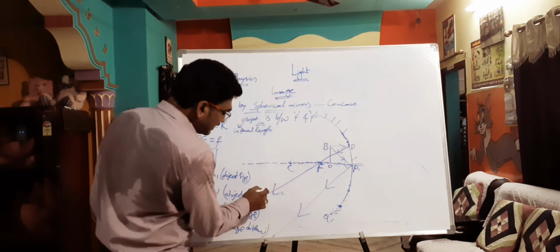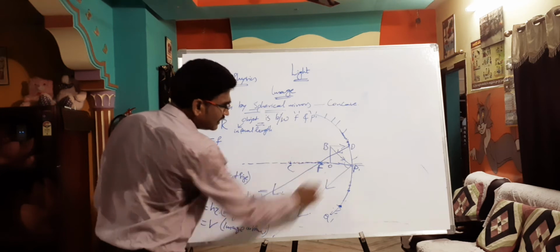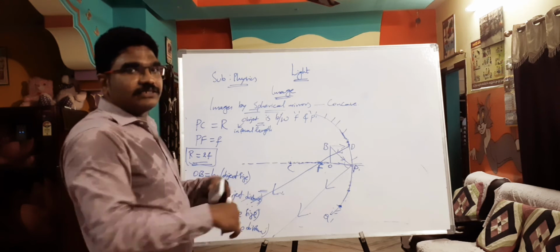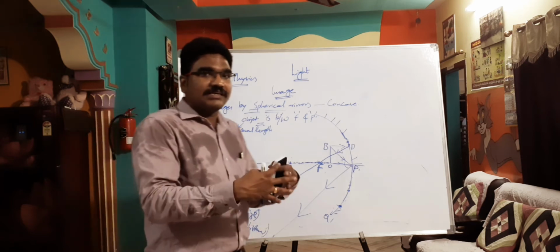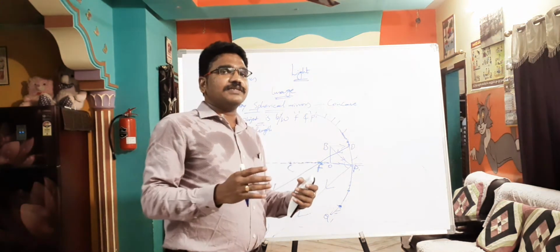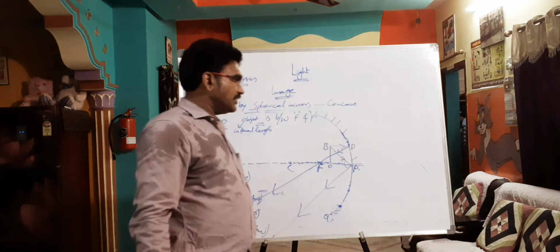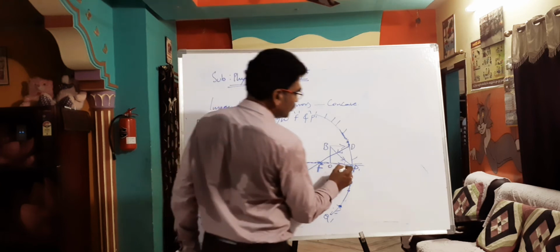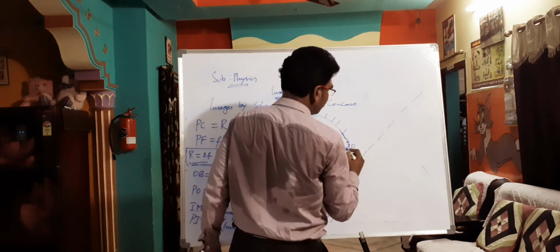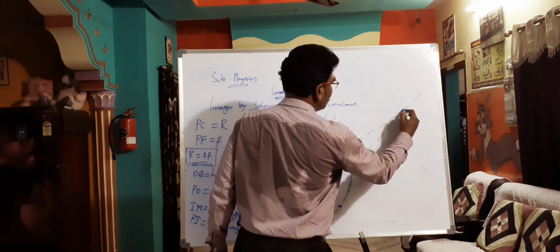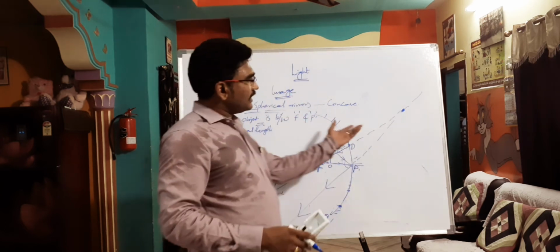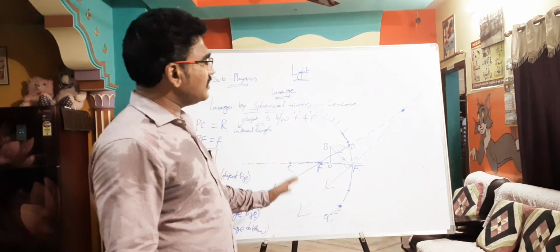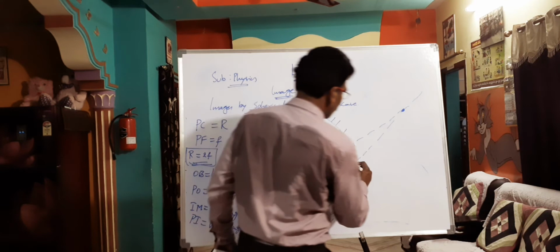But you see, this reflected ray and this reflected ray are moving in different paths. So they cannot really meet. When reality is not there, go for virtuality. So can we extend them back? When we extend them back, they meet here. Do they really meet? No, they appear to meet there. So reality is not there, so we have moved to virtuality.